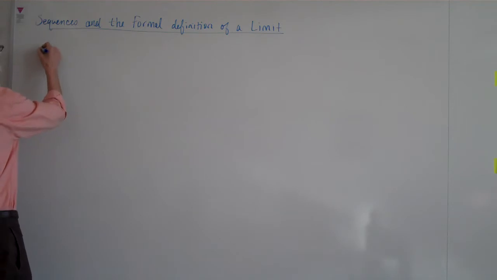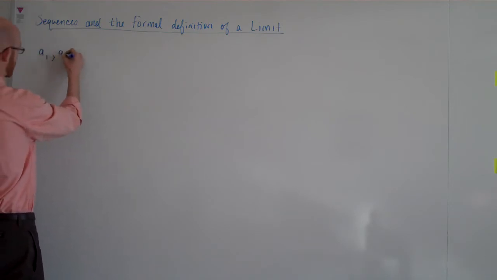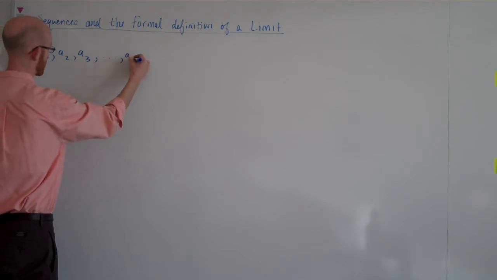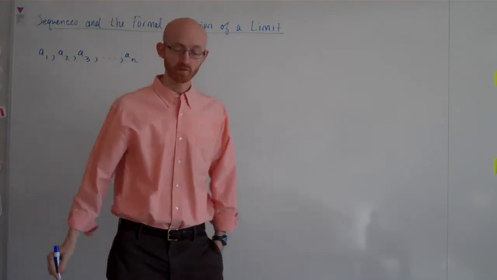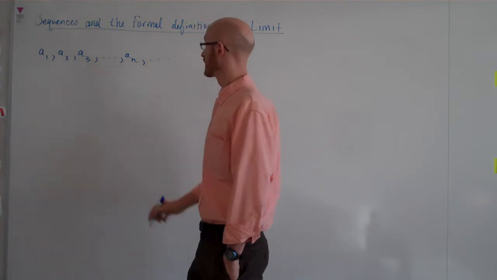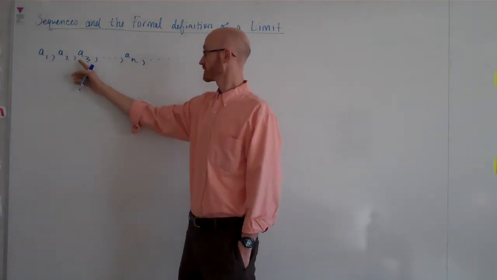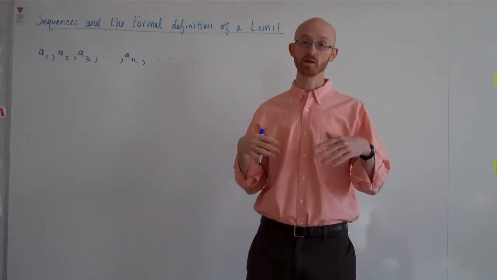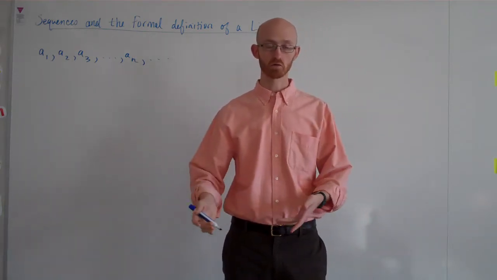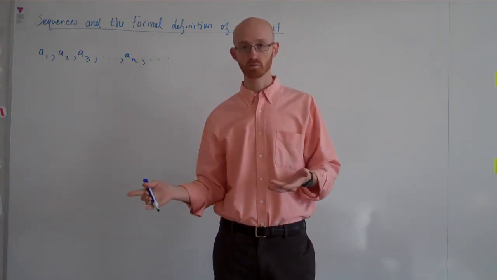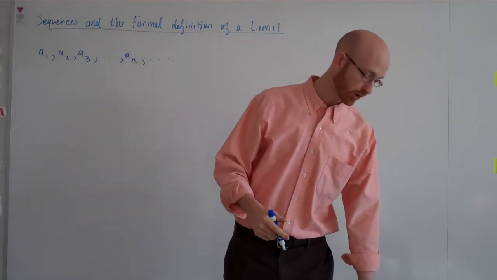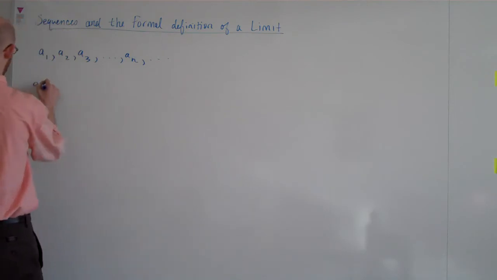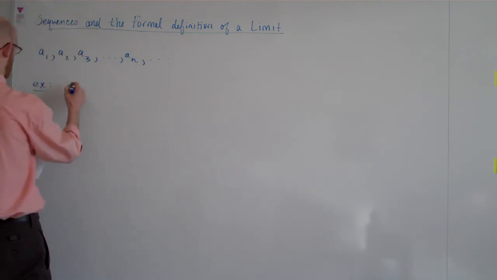The list that I'll use is this one. And of course it could continue. So this would be the first term, second term, third term, nth term, and then on. So they could be in numerical order or not, or they could be determined by a formula. So all that will be determined by the specific sequence. One example is,